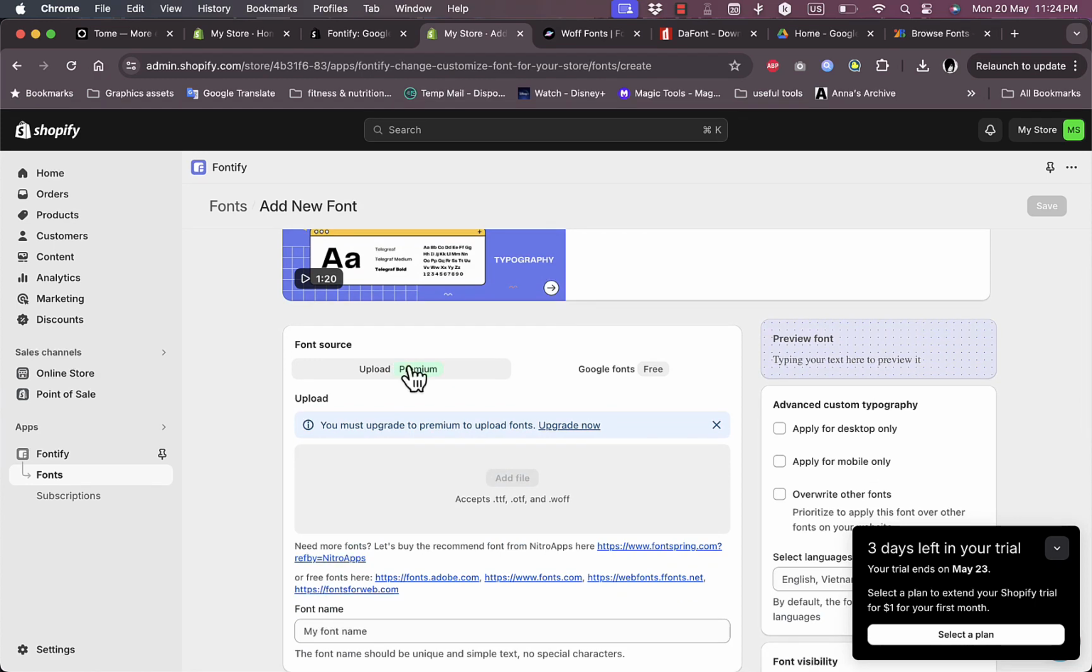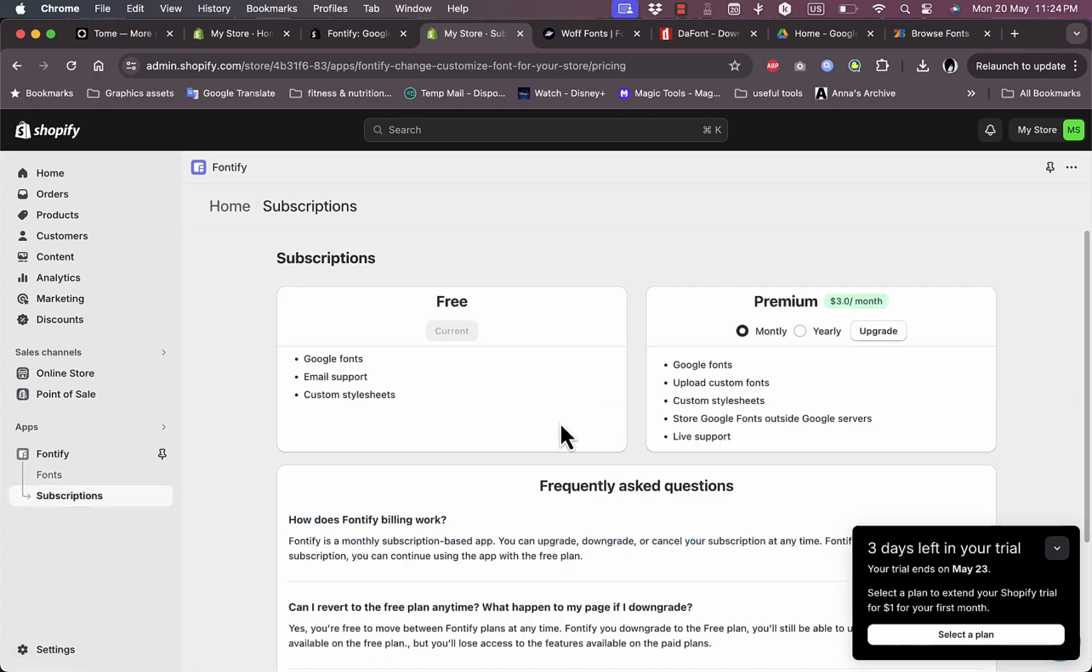However, if you want to upload custom fonts, it's only for the premium plan, which is, let's take a look, only $3 per month or $29 per year if you pay yearly. So if you are into customizing your Shopify store, investing in this sort of app is not a bad idea. So you can use it to add custom fonts,